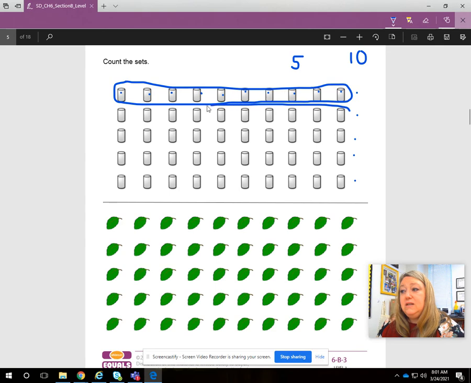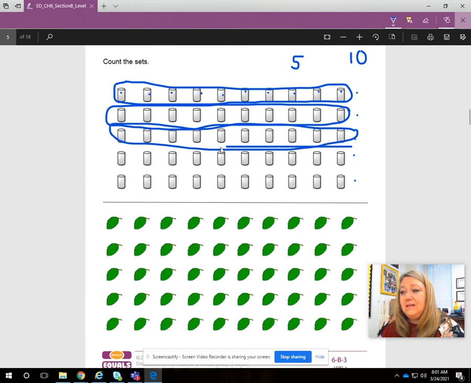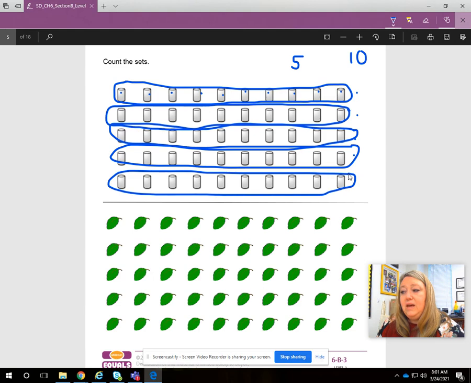So we're just going to divide these into sets. Here's another set, set number 2, set number 3, set number 4, and set number 5. And then when we count by tens, because each one of these rows is 10, we will get to our number 50. So it's 10, 20, 30, 40, and 50. Okay,